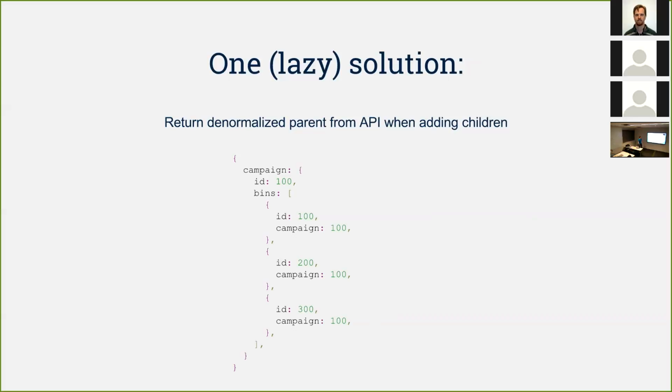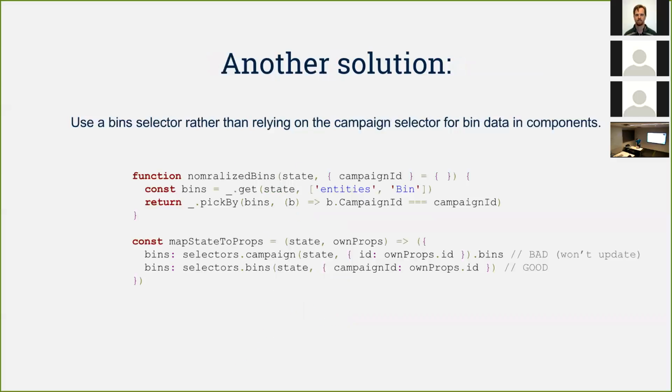So this is an example of how you would do that when you create bin with 300. If you return the entire campaign, all of the data for that campaign, then this will get normalized and bins will just have 100, 200, 300. That's one way to do it, but there are some downsides. For example, you have to transmit a lot more data back and forth. It kind of feels wrong to return data about a campaign when you create a new bin, but it is very easy to implement that in the back end. But another way to do it, which is probably a better way, is